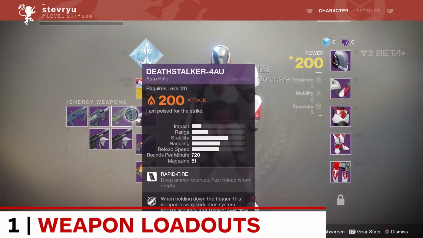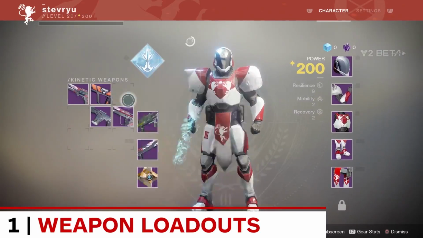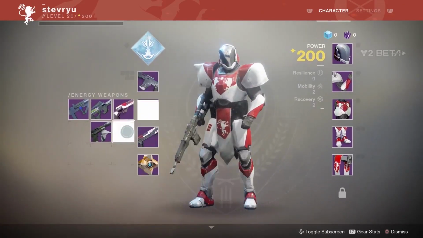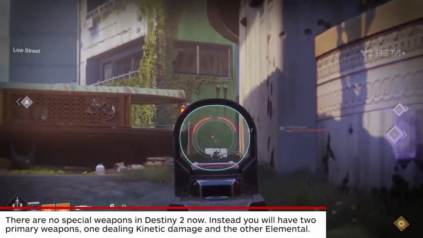First up, weapon loadouts. Bungie has redesigned the weapon systems, placing powerful special weapons like the sniper rifle and shotgun into the power ammo slot alongside launchers and machine guns, and replacing that slot with a primary energy weapon. A smart weapon loadout is an important aspect of the Crucible and one of the few things that players have